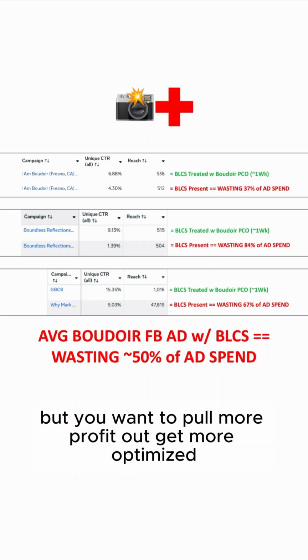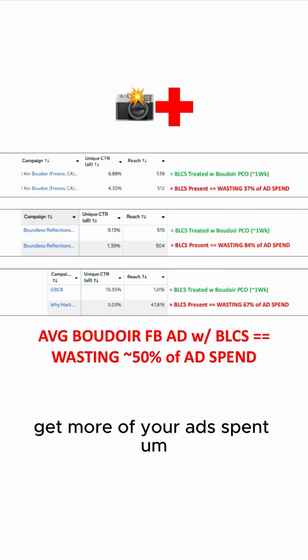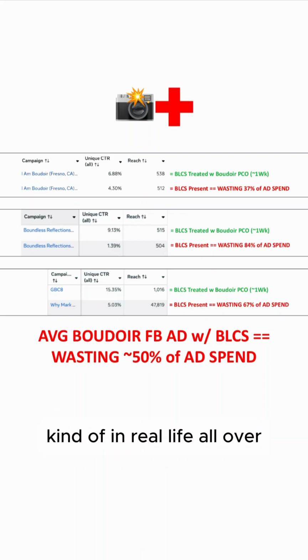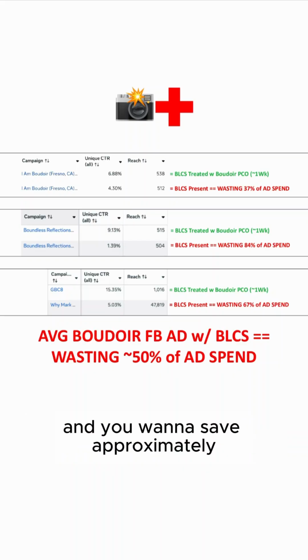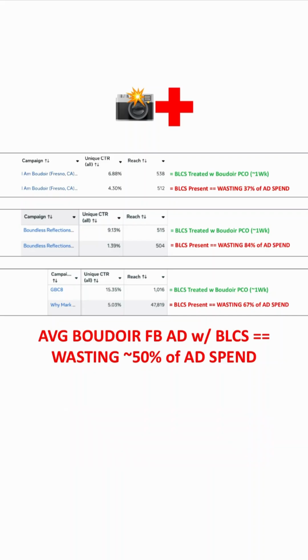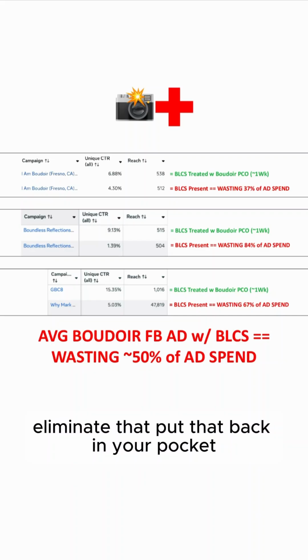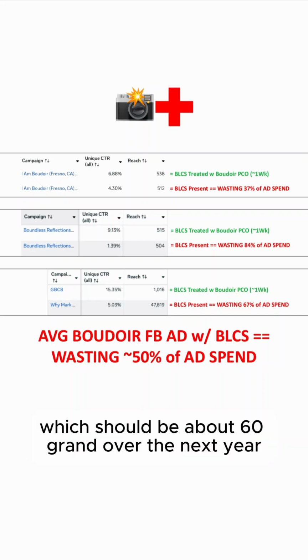But you want to pull more profit out and get more out of your ad spend, because price is going up for everything in real life all over. So if you're spending more than 10 grand a month and you want to save approximately 50% of that ad spend, eliminate that, and put that back in your pocket, which would be about 60 grand over the next year,